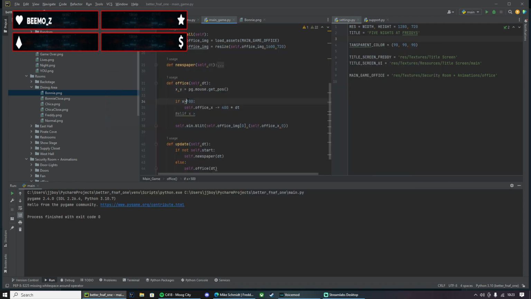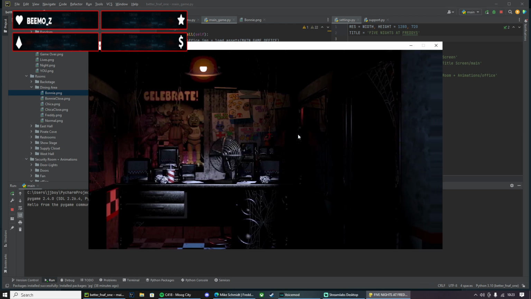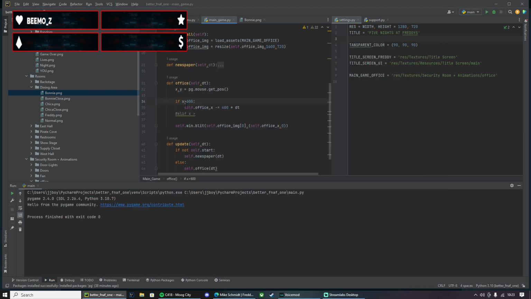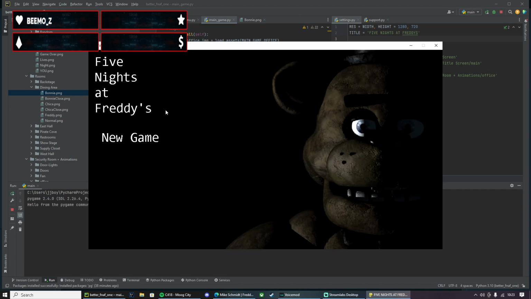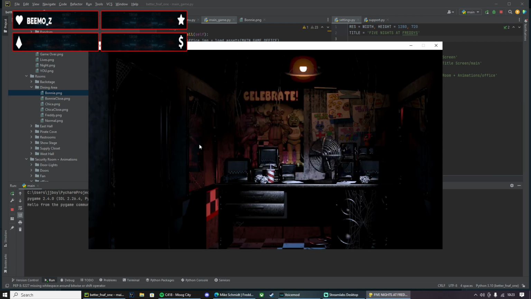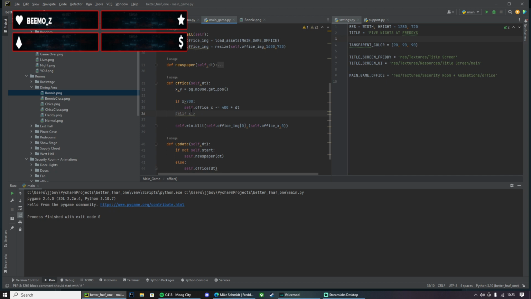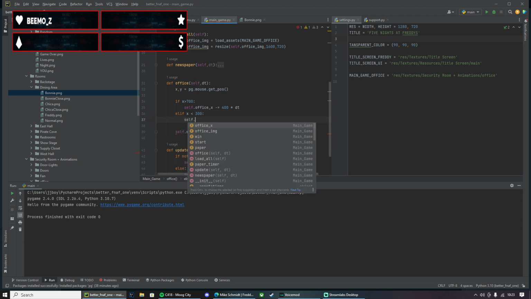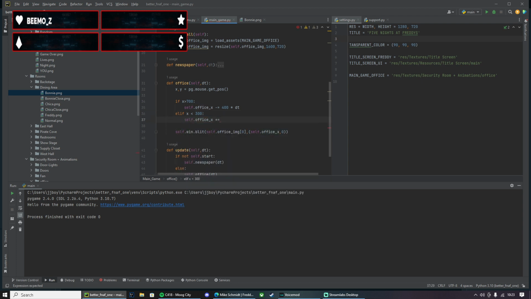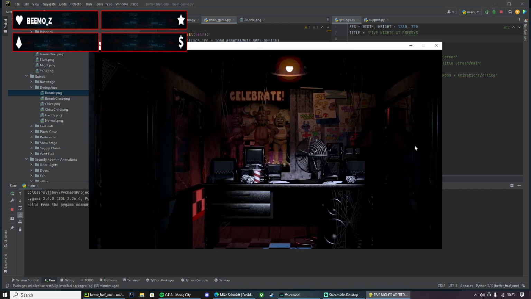Okay, probably like 600. Yeah, maybe 700 to be honest. 700 is the speed, and then we'll do elif it is less than 300, self dot office x plus equals 400 times delta time. So now we can move.